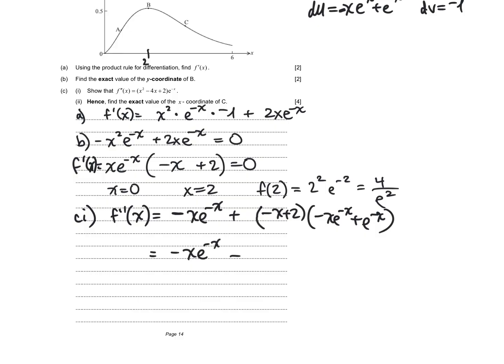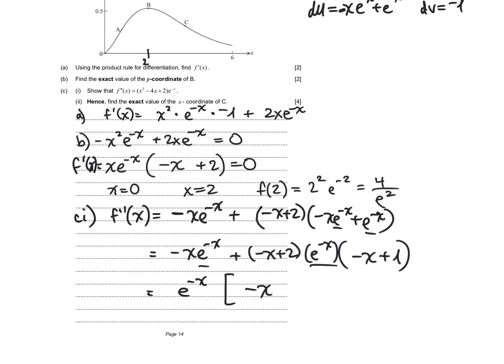So we have plus negative x plus 2. From here, I'm going to factor out an e to the negative x. On the inside is negative x plus 1. So now I've got e to the x that I can factor out. And on the inside, we're going to have negative x plus negative x plus 2, negative x plus 1, and then